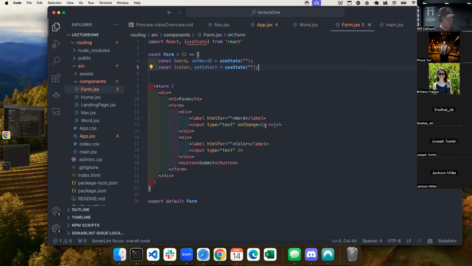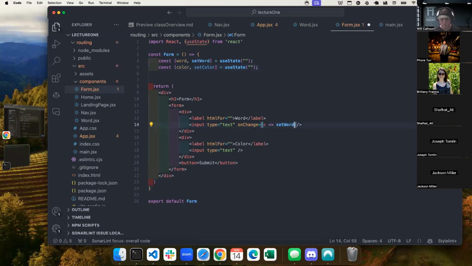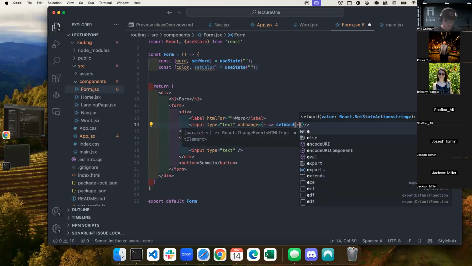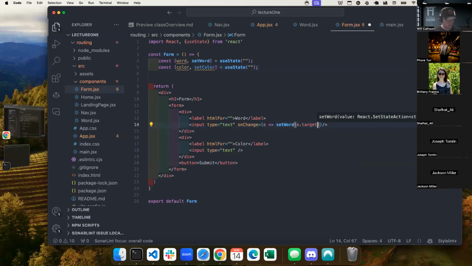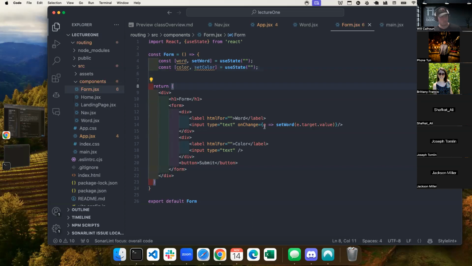And so here onChange, I'm going to run setWord. I'm going to pass it my e.target.value. And just as a recap, every time there's an onChange event happening, we're taking the value from that event and running setWord, so that way this state of word gets updated. We're going to do the same thing for color.